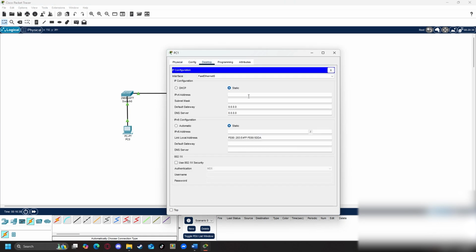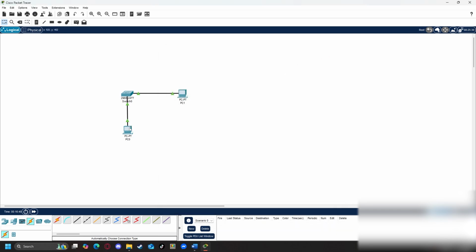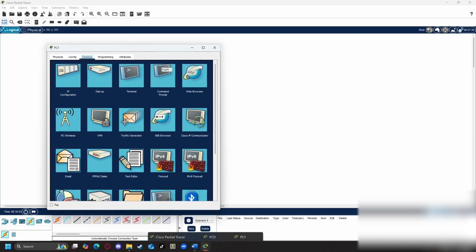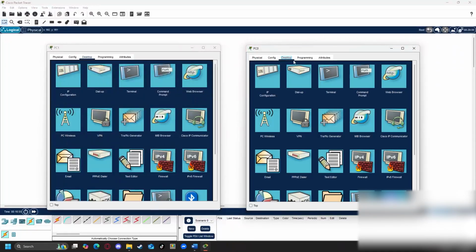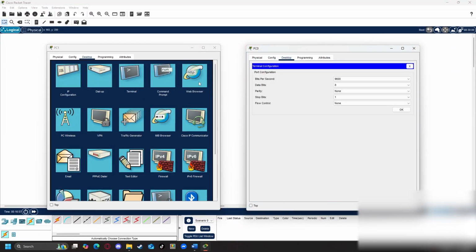Next, we'll go in here. Now, as I said, I set the first one as 192.168.1.10, so this one's going to be 1.11. Now, to make sure that we are 100% correct here, I can set both of these up quickly. I do apologize. I can open the terminal.